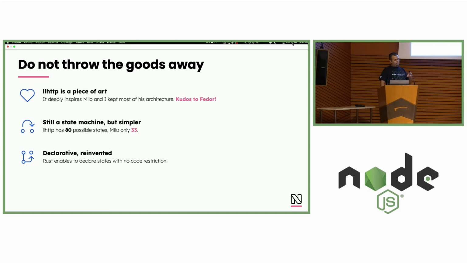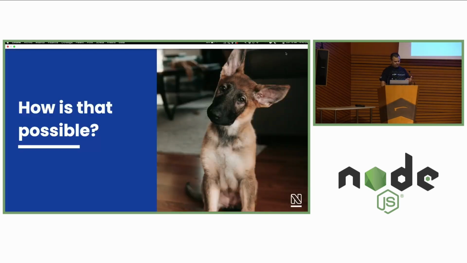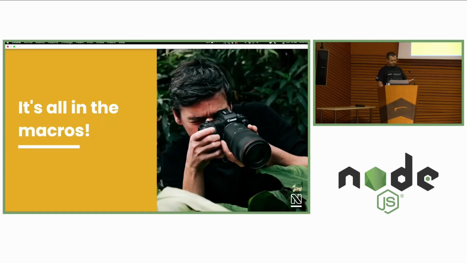Because the idea is that procedural macros in Rust are actually Rust code that runs. So in theory, for instance, you could download data while compiling a macro and embed that data inside the final executed code. I don't know why you might want to do that, but it's technically possible. So there are limitless possibilities on this. Now, how is that? As I said, it's all in the macros.